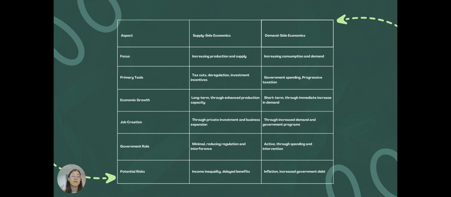We have that the supply side of economics aims to increase production and supply, using tax cuts, deregulation, and investment incentives. Economic growth is in the long term through enhanced production and capacity, and job creation is made through private investment and business expansion. Government role is minimal, reducing regulation and interference. Potential risks: income inequality, as the rich tend to get richer and the poor tend to get poorer, and delayed benefits. And demand side economics is about increasing consumption and demand,